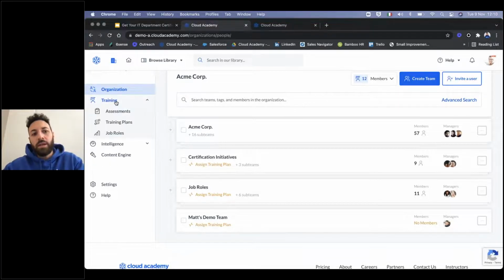Going down here on training, as I was saying before, here we have the three main approaches. Through the skill assessment, you can assign a training plan to a specific team or a specific end user, or involve new hire people, for example, in the job role path or career path, to involve the people in the right training depending on their roles.